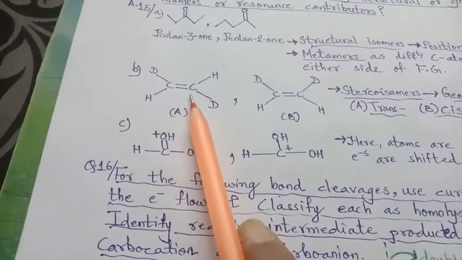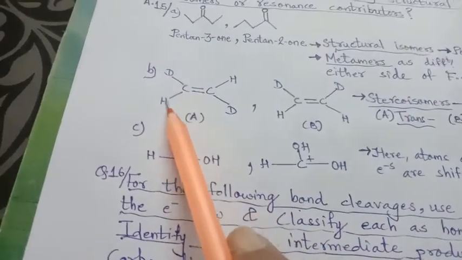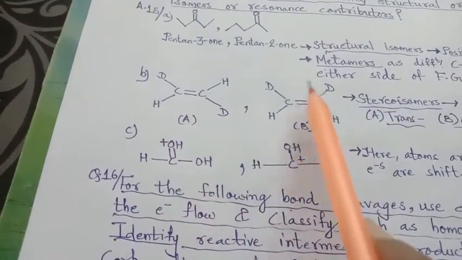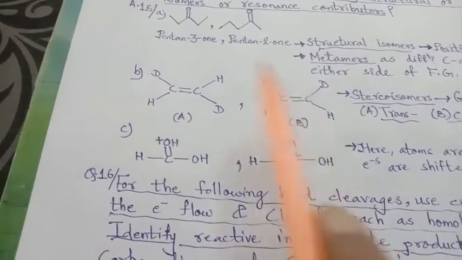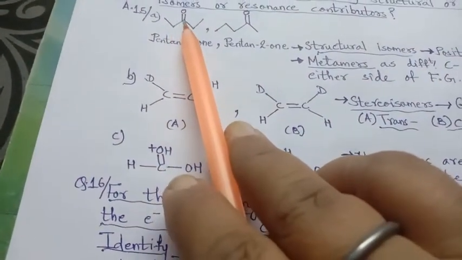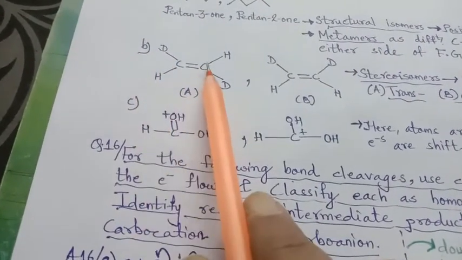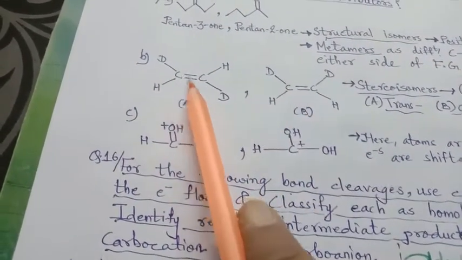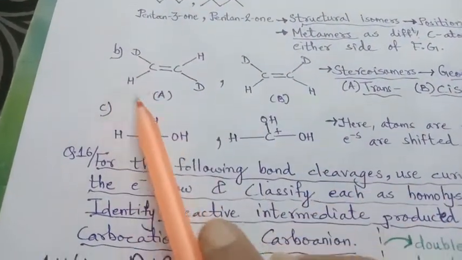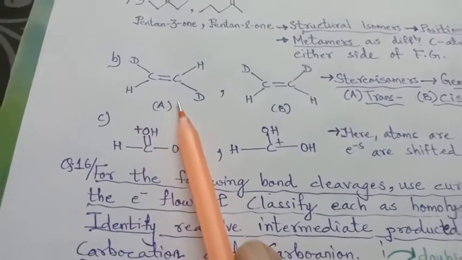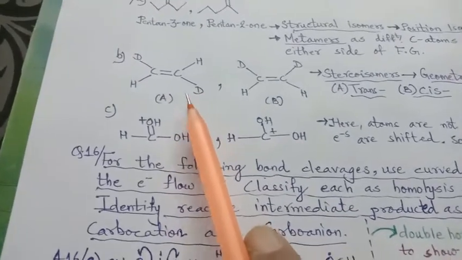Here C double bond C, C double bond C. Right? Here also one attachment, here also one attachment. So here no structure change is seen. Right? What is attached, that is the next thing. Here it is on the second carbon, and we can see whether the structure has changed. But here on this carbon also 2 attachments, on this also 2 attachments. So 1 and 2, both carbons are attached, 1 and 2, both carbons are attached. So this is not structural. It is a stereoisomer, that is geometrical isomers.